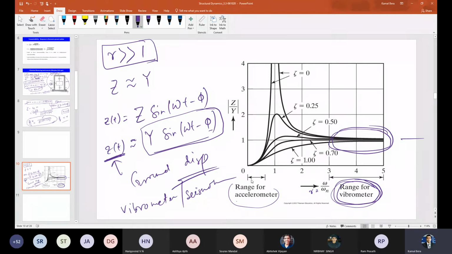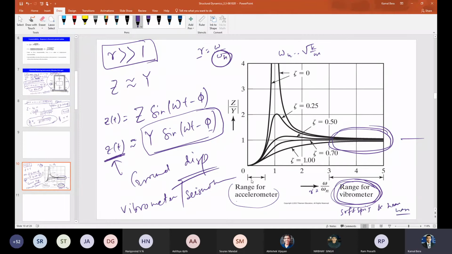I mean, mass large and spring stiffness less, or mass less and spring stiffness more? So mass more and stiffness less. Yes. Okay. So you can easily find out R equals omega by omega n, where omega n is the natural frequency. To make R larger, you have to keep omega n smaller. So omega n equals root over k by m. To keep it small, mass should be heavy. So to operate in this range, I can write soft spring and heavy mass.